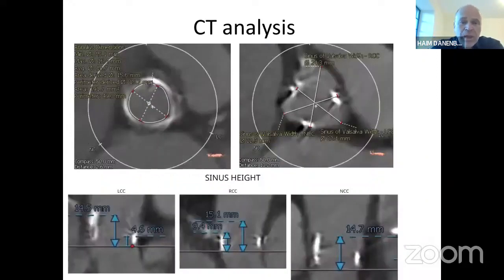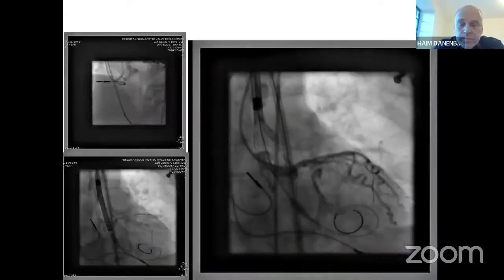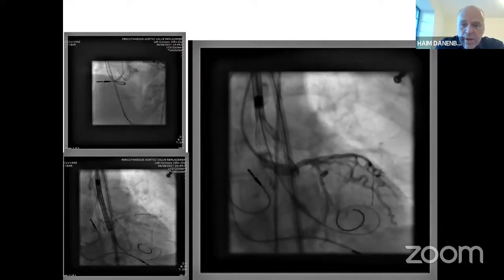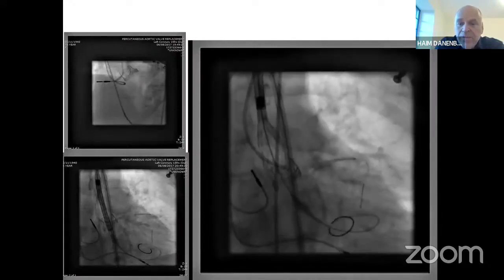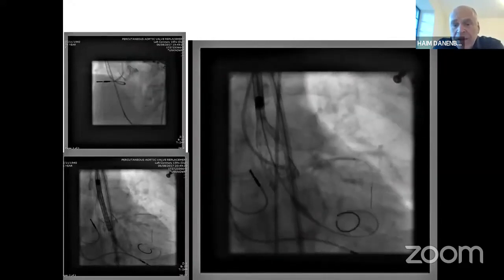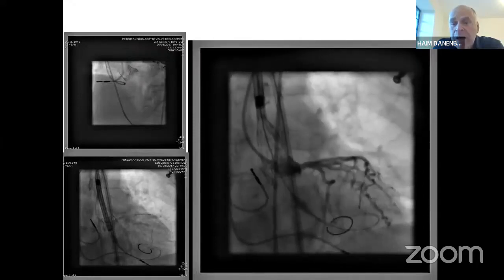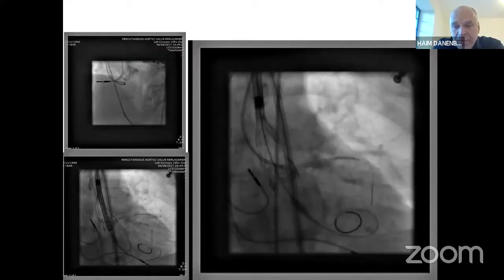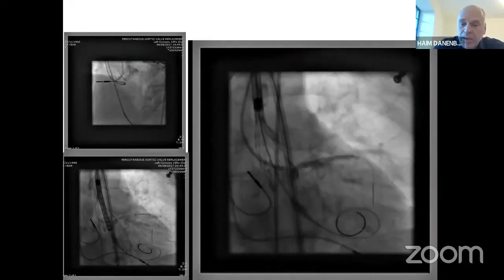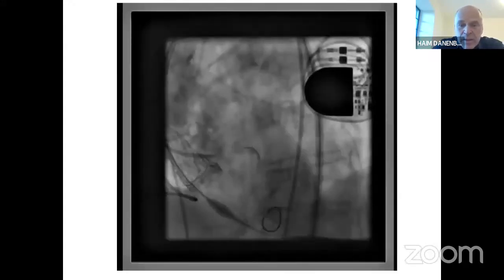You can go here through the CT analysis, a very small internal diameter, less than 16 millimeters, and low origin of the left main, and therefore, as you see here, before the final release we had a catheter protecting the left main with a wire and a stent on it, parked at the middle of the LAD, and before the final release of the Evolut here in the Magna, we inject to see that it is open,